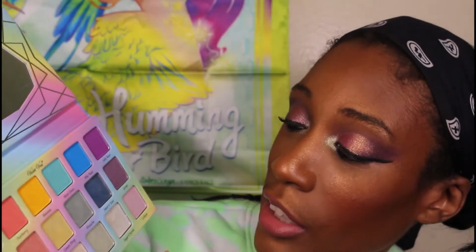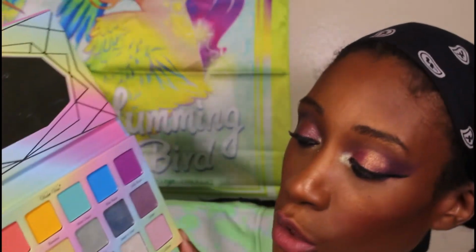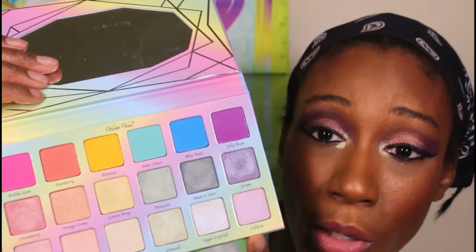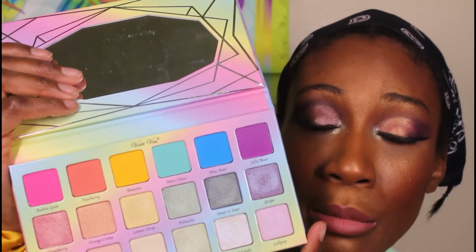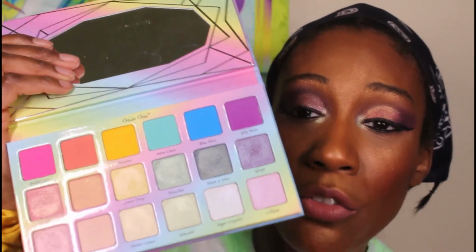Now these aren't necessarily pastel shades when it comes to the mattes, so I guess the pastels are more like the iridescence, but I know a lot of people classify this as a pastel palette, which is why I went ahead and put it in here anyway. But I really like this. I feel like this is what I wanted the Ice Cream Dream palette to be like, the tones being true to tone and some more fun shimmers. But since I already have this one, it's not that big a deal. And this one is number 4? So we have 10 to show out instead of